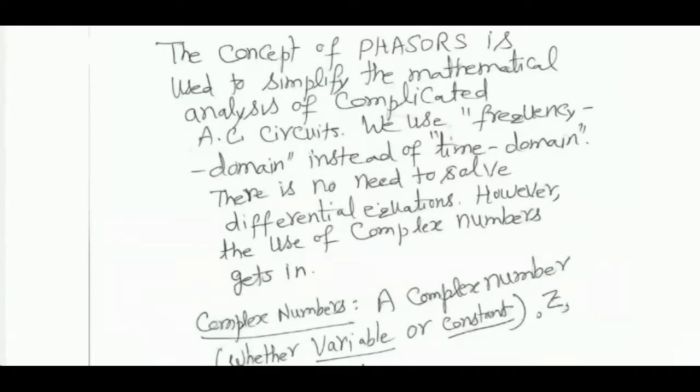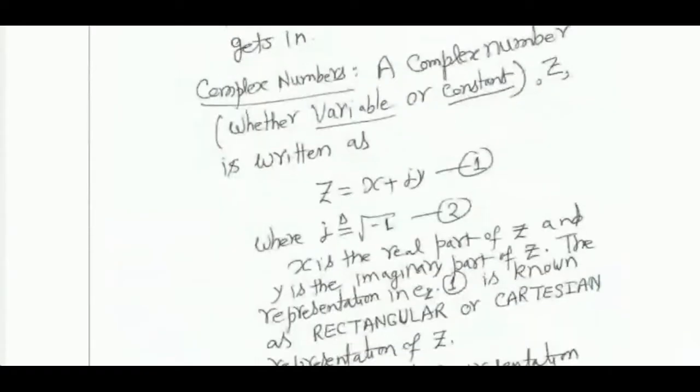You know that a complex number has a real part and an imaginary part. The symbol normally used for a complex number is small z, for the real part small x, for the imaginary part small y. And we use a symbol j for square root of -1. It is what you were taught as iota in your high school. We are not using I here because I is normally reserved for current.